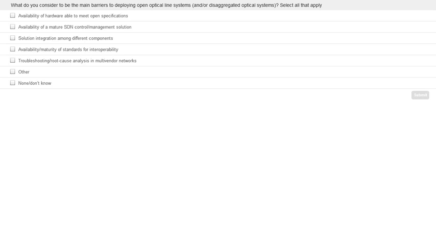The first one is availability of hardware that supports this. Could be the availability of more mature SDN control management solutions in conjunction with OLS. Do you believe there's a requirement for solution integration? Who's going to do that? Is that a challenge? The availability and maturity of standards. So for interoperability, making sure all these pieces are going to hang together as we start to split apart different components. And finally, perhaps you're looking at after installation,